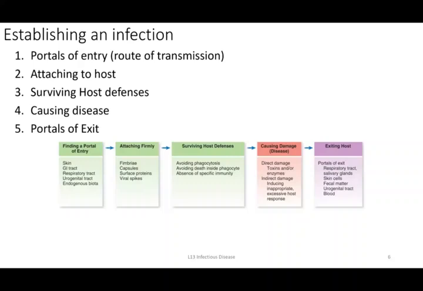The first step, obviously, is there needs to be some mechanism of entering. We're going to talk about how diseases can be transmitted, and depending upon the disease, there are different ways that can happen. But most of you are familiar with different routes of entry. You can get infections in your skin, or it can be foodborne or waterborne, so it's going to target the gastrointestinal tract, or obviously with corona, respiratory tract infections, etc. So there needs to be some mechanism of entry. Once something gets in, it's really helpful if a microorganism has some characteristic that allows it to attach.